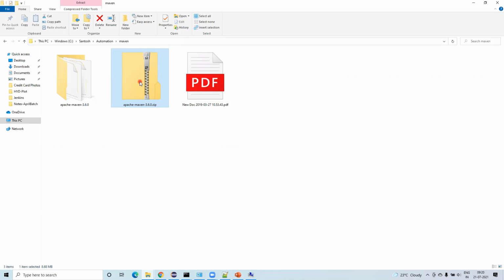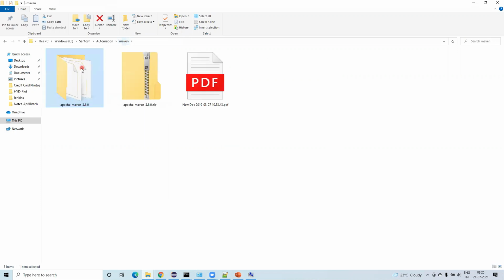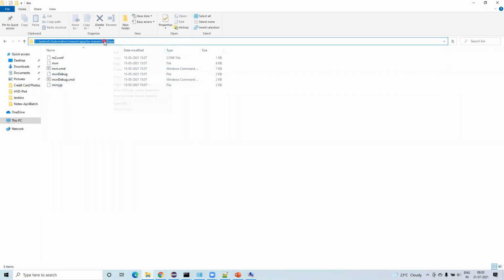Okay, once you extract that one, you get this window. This window is nothing but a folder. Under this folder, the respective Maven files are available. Now what you do is, under this folder there is a bin again. Go to this bin and copy this location,